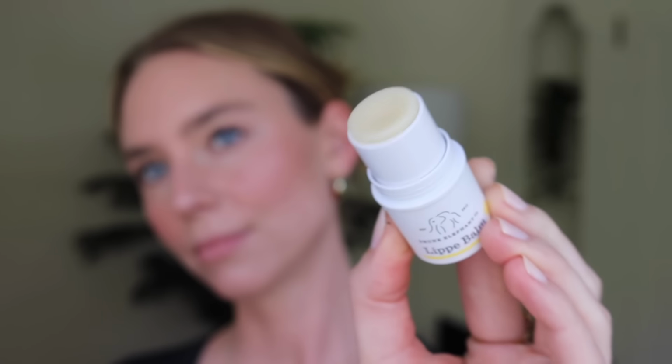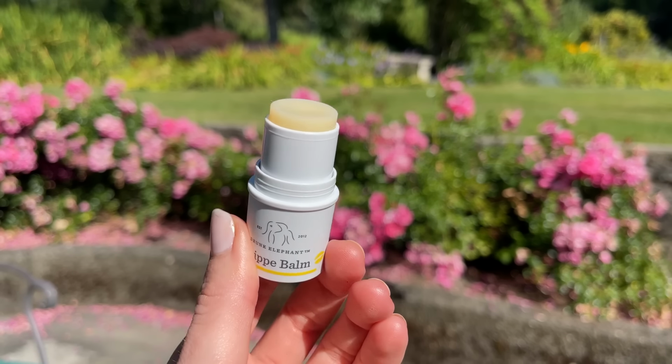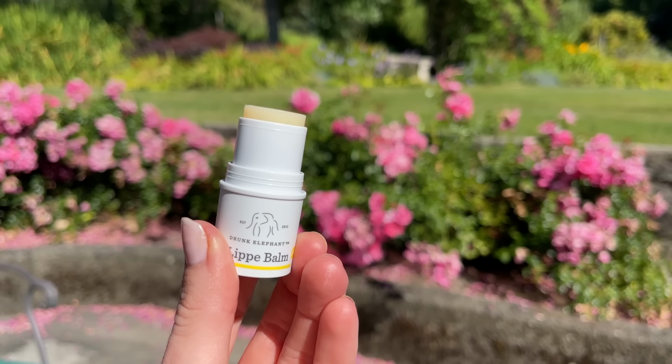This is $18. It has avocado oil, which is an excellent source of omega-3 fatty acids, antioxidants, and vitamins A, D, and E that provide intense moisture and soften rough, chapped skin. It has mango oil that intensely moisturizes and helps maintain skin's healthy barrier function. Tripeptide 1 hydrates and visibly plumps up the lips to give better visible definition to the lip line. This to me feels exactly like the Sol de Janeiro Brazilian Kiss lip butter, but it's totally fragrance free,